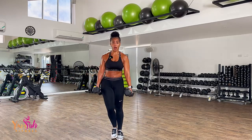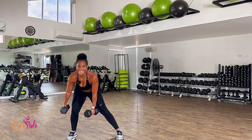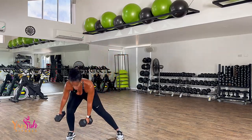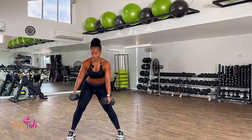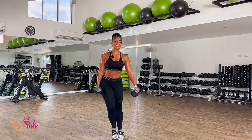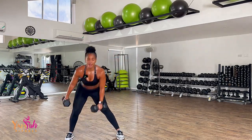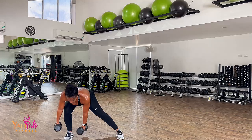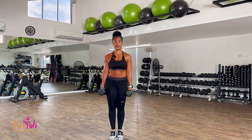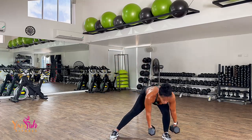Parallel feet. 1, 2, 3, 4, 5, 6. Yeah, man. 7. We got this. 8, 9. Drive your butt back. 10. Other side. 5, 6, 7, and 1,